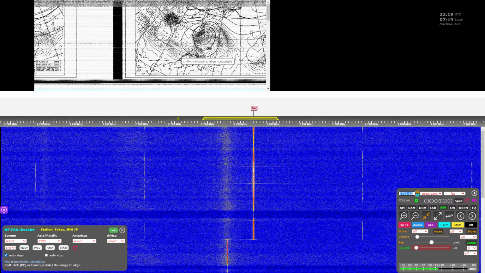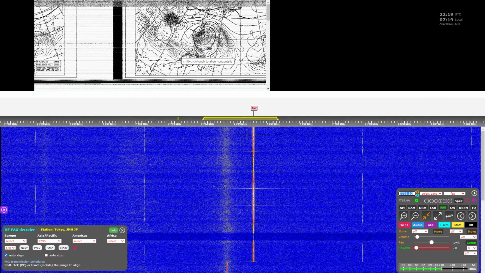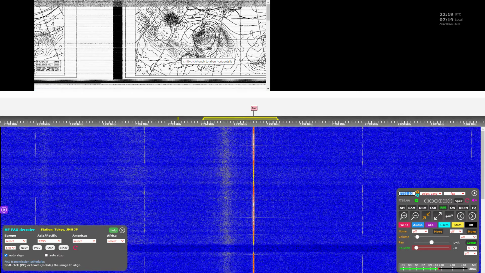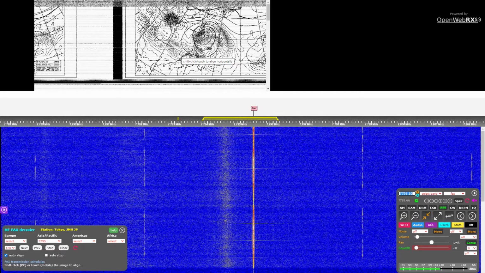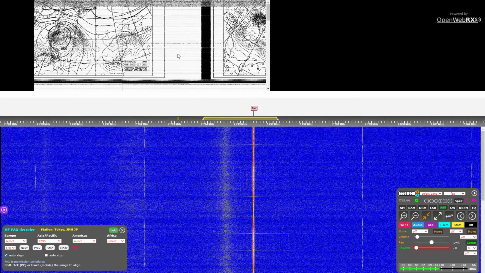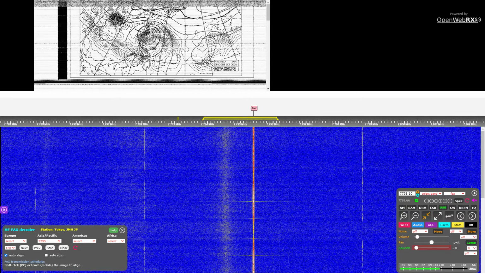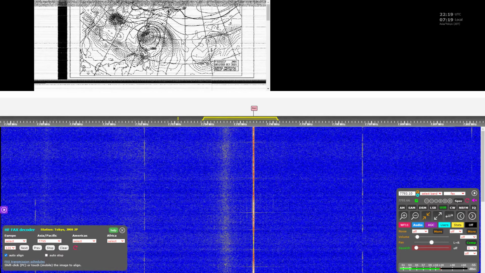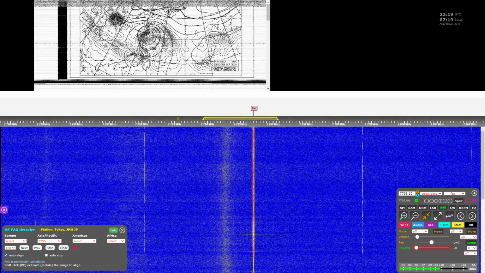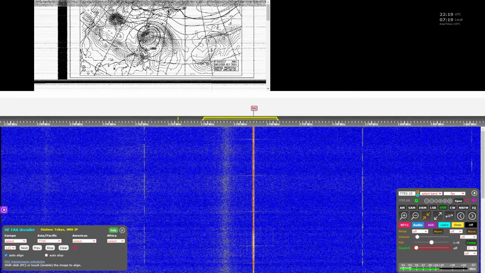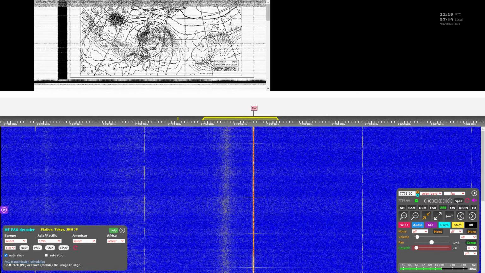And a way to fix that, if you put your pointer up there, you can see there's a little dialog box that says shift click touch to align horizontally. So I'm going to shift left click, and you see it made a little adjustment there, and boom, it lined right up. Of course, we're not going to be able to see the entire map because I did pick up the transmission in the middle of the